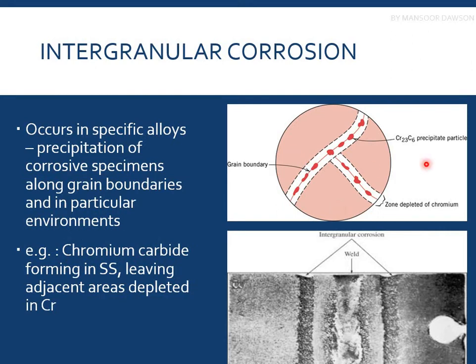So what happens is, when you cool down the stainless steel from the austenitic region to around 550 degrees centigrade, and you hold it at that temperature, the chromium present in the grains is depleted from there and comes to the grain boundaries, reacting with the carbon and forming complex chromium carbides. In this case it is Cr23C6, chromium 23 carbon 6, which are very brittle.